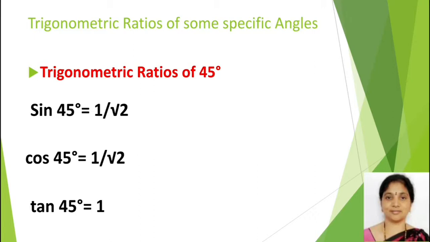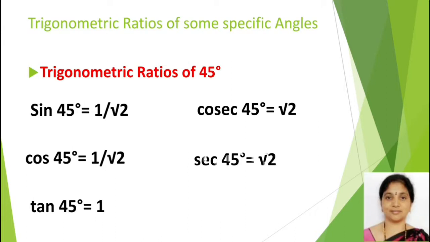Now the reciprocals of these values. Sine 45 degrees reciprocal is cosecant 45 degrees, which is equal to 1 by root 2 reversed, that is root 2 by 1, which is nothing but root 2. And cos 45 is 1 by root 2, so we get secant 45 degrees is equal to root 2 by 1, that means root 2. Tan 45 degrees is equal to 1, then cot 45 degrees is equal to 1 by 1, that is 1. Like this we have to remember all the values. Okay, all 6 trigonometric ratio values we have to remember.